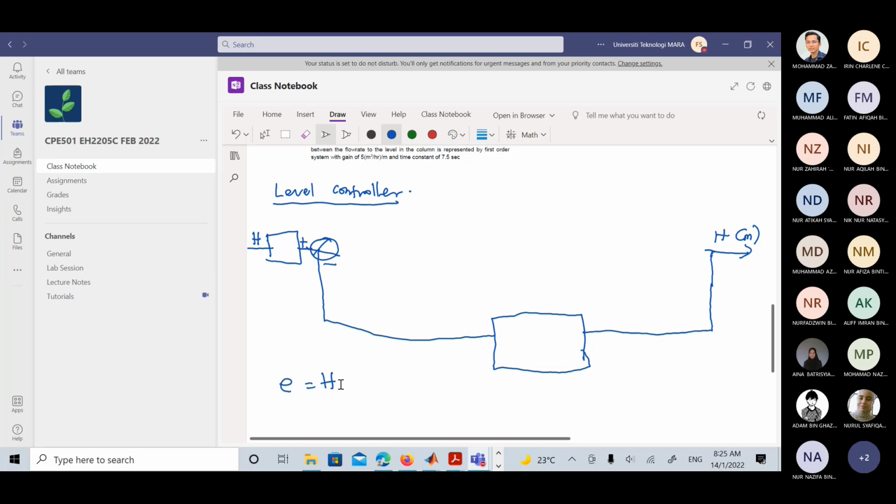the height of the output minus height of the set point. All right, so the error we try to get as small as possible. Kalau dapat zero lagi baguslah, tapi it is impossible to get zero error in any design of the controller. Alright, okay, and then